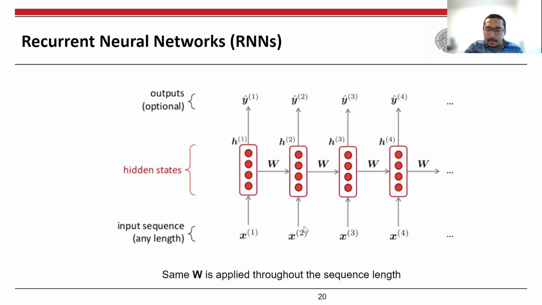So in this particular way, when you have "the students opened", this weight has knowledge of the other words that have come before "opened", which was not the case in the previous approach. Since there was no sharing between the weights, at this particular time point, this weight had no knowledge of what sequence has come before it.